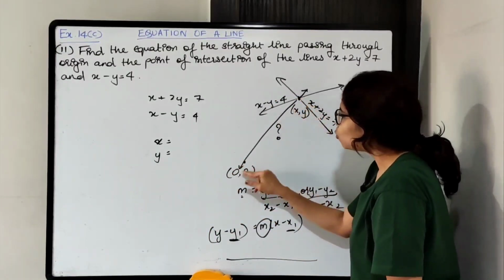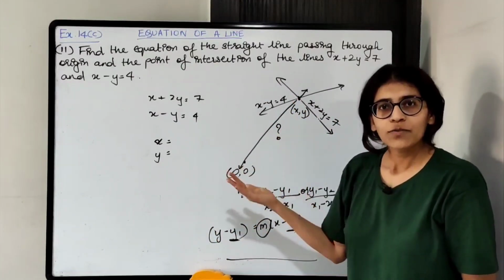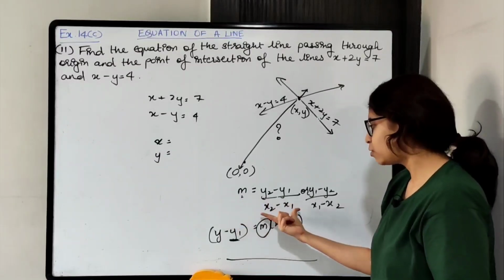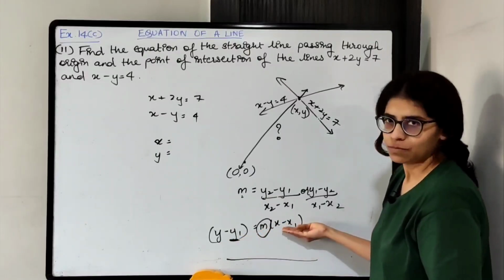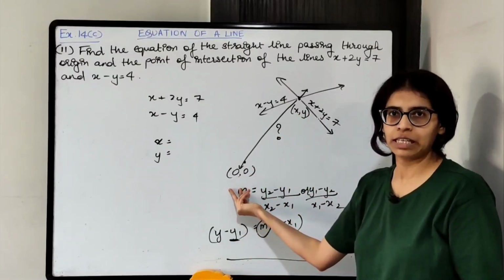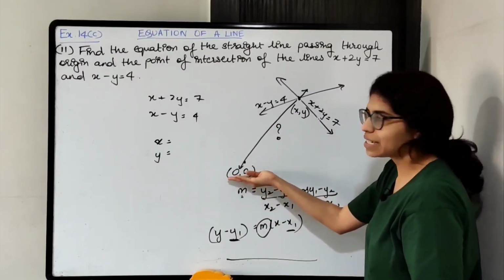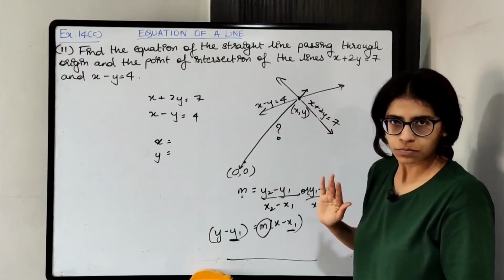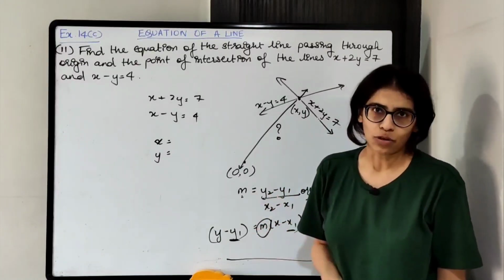So we have the coordinates of 2 points, we'll use the 2 points form. By the 2 points form, first find out the slope. Then put the value of the slope and x1 y1. The coordinates of any one point, whichever you consider as x1 y1, you can take this as x1 y1 and this as x2 y2, or this as x1 y1 and this as x2 y2. Up to you. Now we'll write down proper statements and then solve.